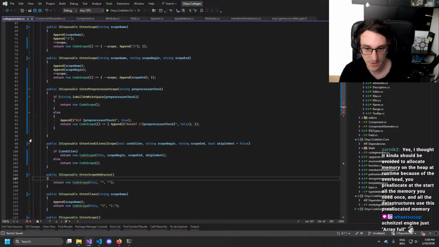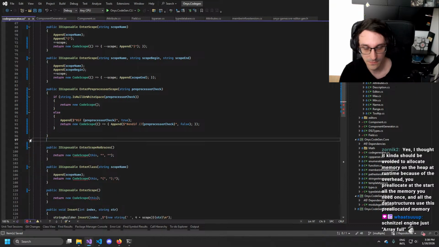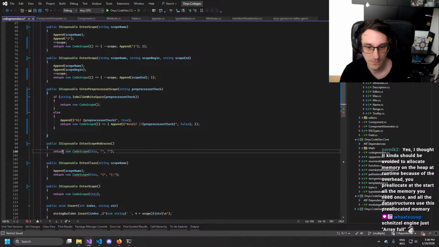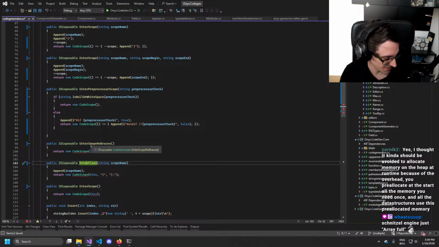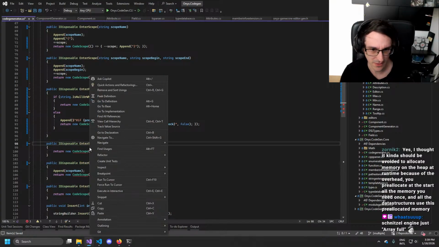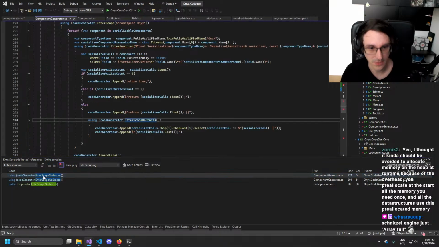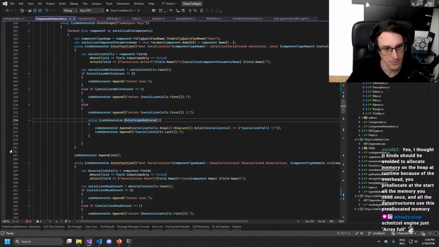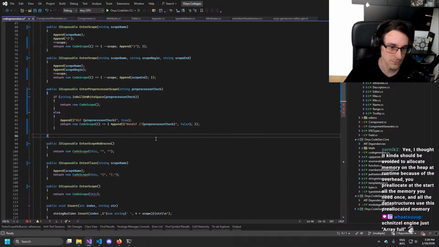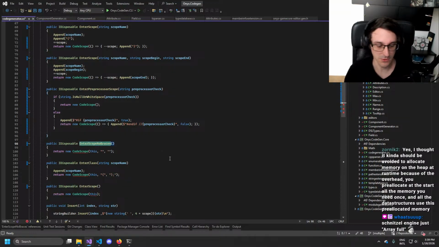No, we don't need that. Enter scope, no braces. That was just an indent without anything. Why did I have that? Where did I use that? Here.